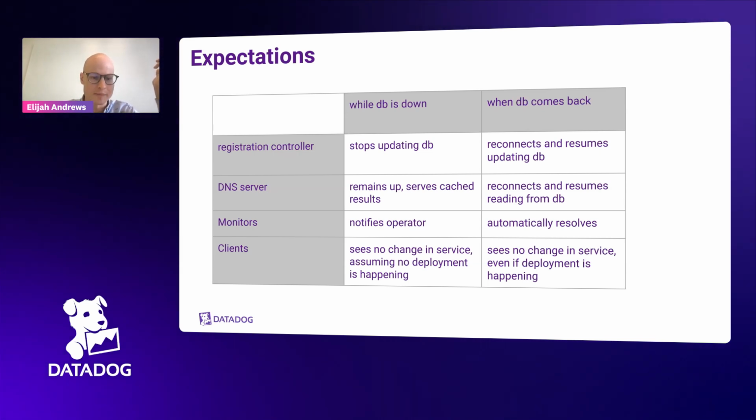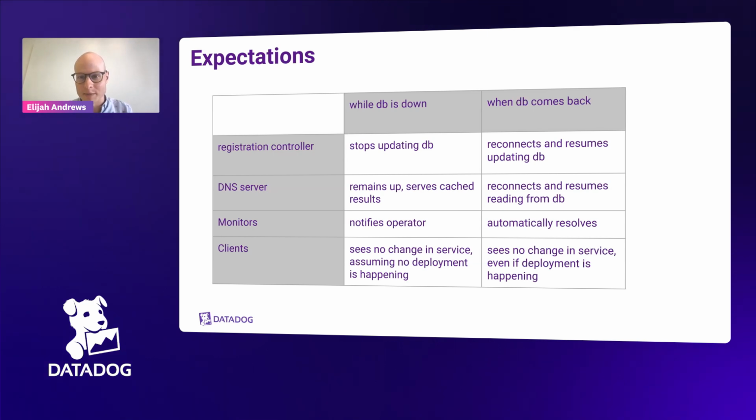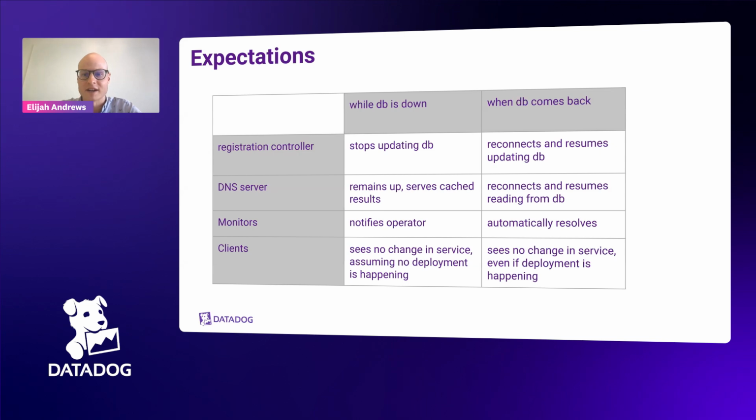It's very important to be exact before you actually run the experiment. You want to make sure that you have expectations that are very clear so that you can validate them during the experiment. So we completely wrote these out before we ran it and had discussions about how we expected our systems to fail, right?